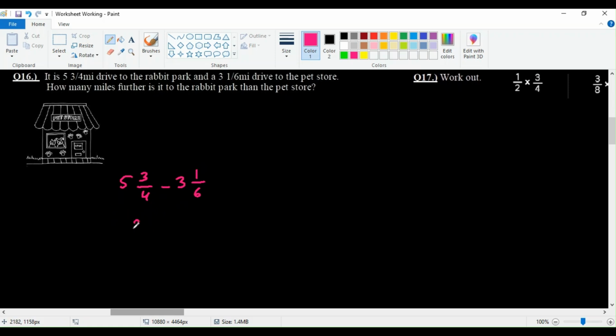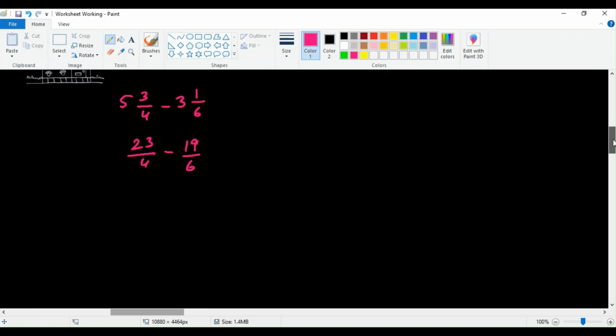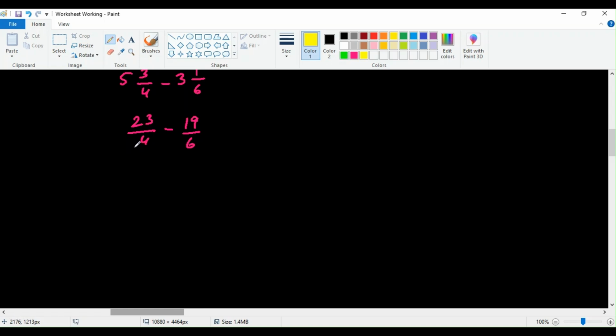That means this is going to be 23 over 4, and this is going to be 19 over 6. Now, since you know very well that the denominators are not the same, we will make them equal. So 4 times 3 is 12, and 6 times 2 is also 12. So we multiply this by 3 and this by 2. So 23 times 3 is going to give us 69 over 12, minus 19 times 2 is going to give us